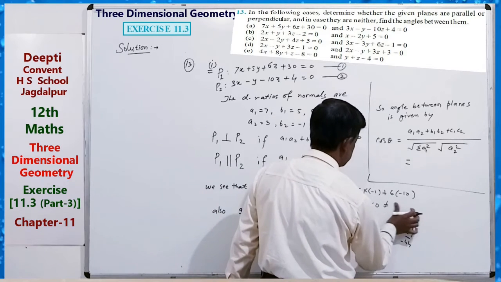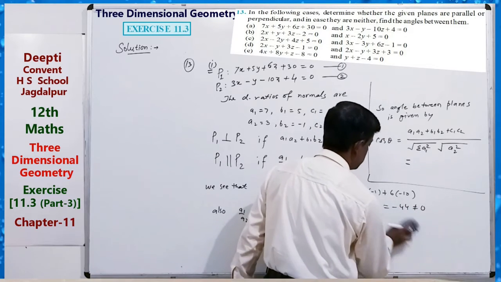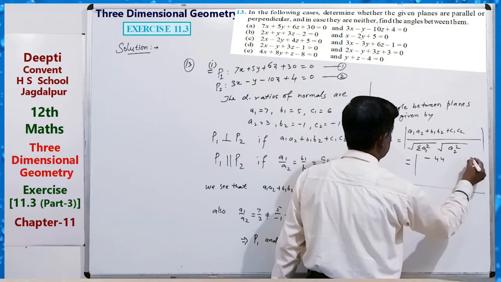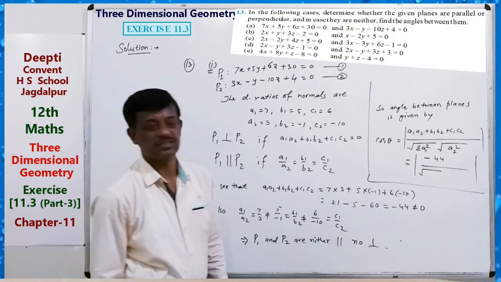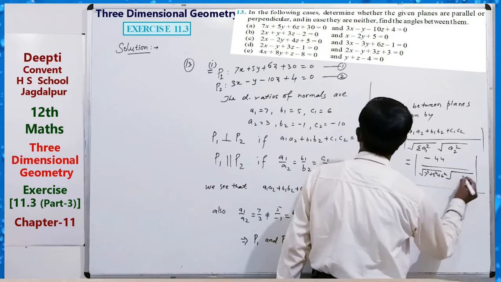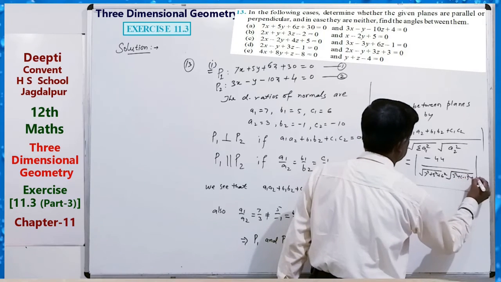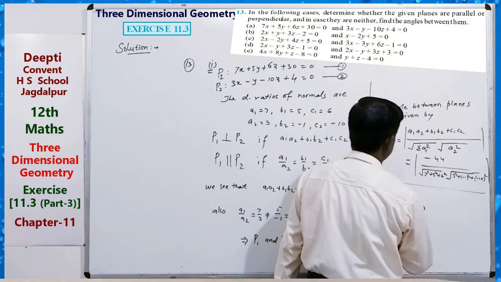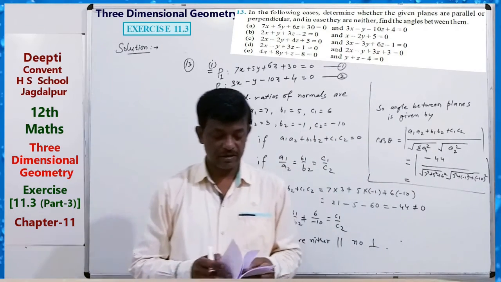This is not equal to 0. So minus 44 upon root over 7 square plus 5 square plus 6 square, also root over 3 square plus minus 1 square plus minus 10 square. Just solve it. After solving we can get the value. What? The angle between the first